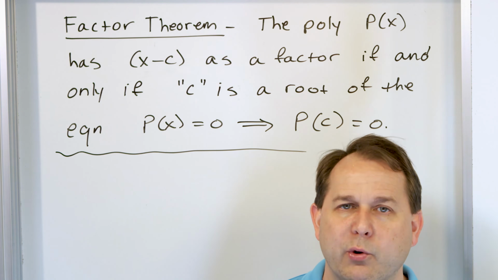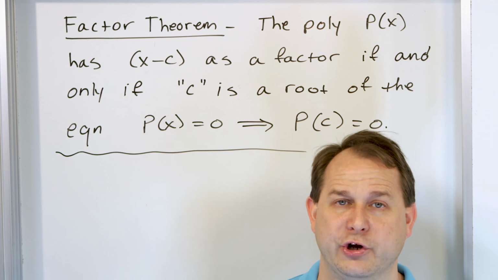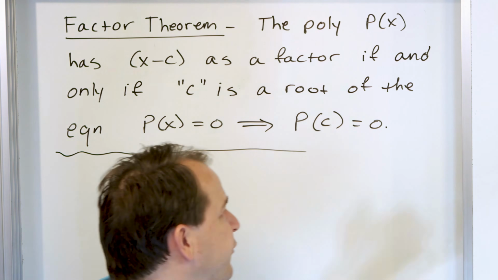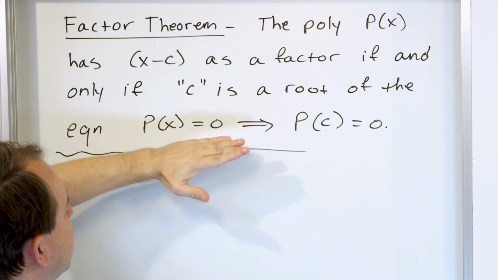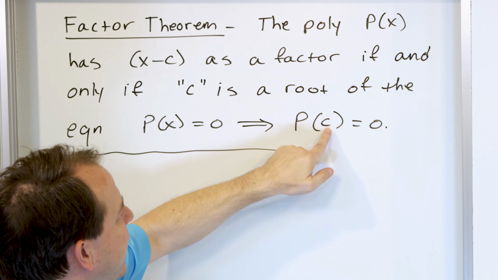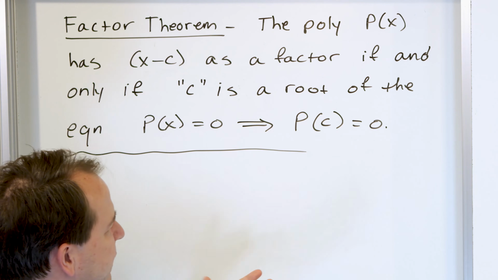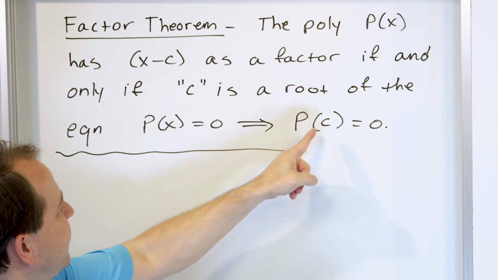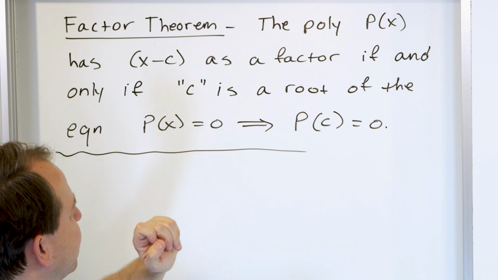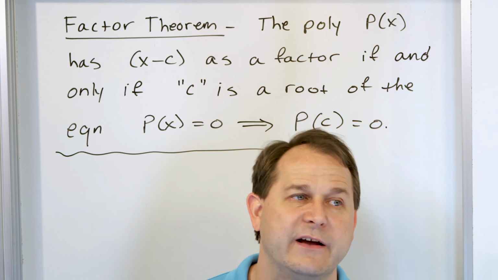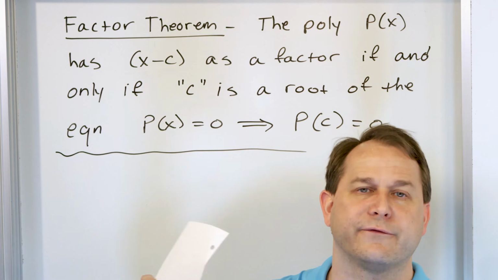It's obviously very important for us to be able to find the factors of polynomials in order to be able to solve them. If you know the roots, in other words, if you know the values that make the polynomial go to 0, if c happens to be a root, meaning you stick it in the polynomial and it makes it equal 0, then x minus whatever values you have as those roots are all factors. All right, so that's really, really, really important